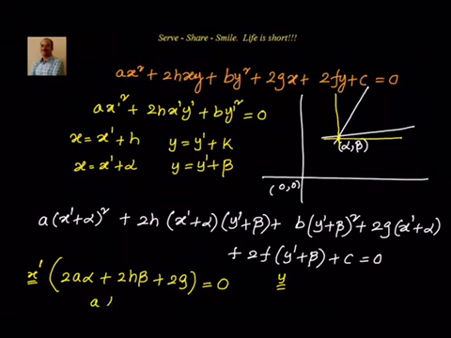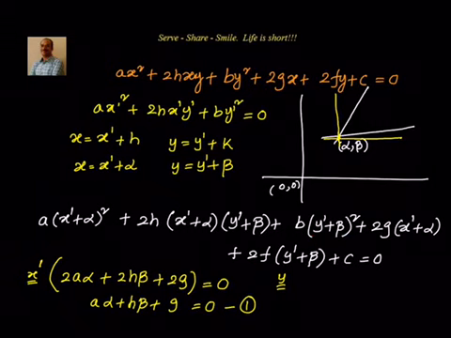So can I say a alpha plus h beta plus g is equal to 0. This is our equation number 1. Now let's go to y term and see what happens. When I go to y term, I don't get y term from here, but I take 2h alpha, I multiply with y dash, I get one y dash term, and I get another y dash term from 2ab term of this expansion, and another y dash term comes from here.